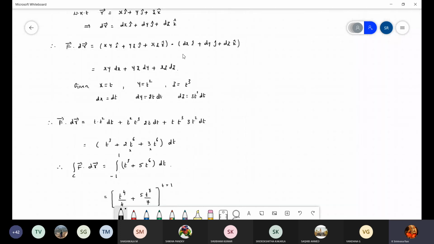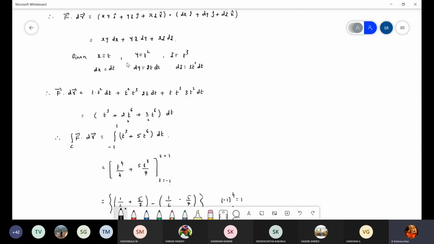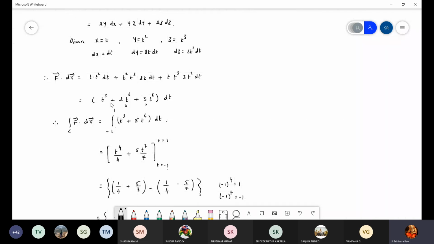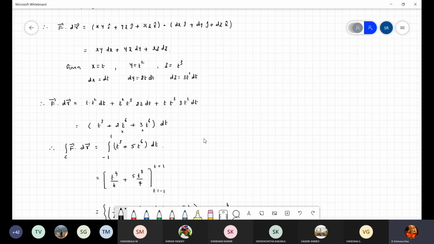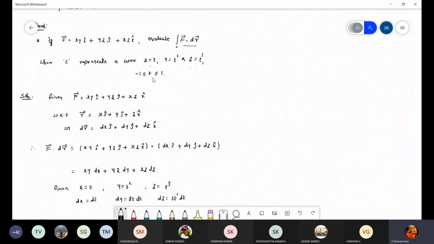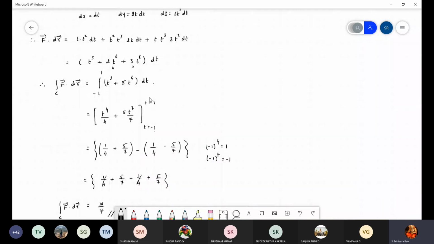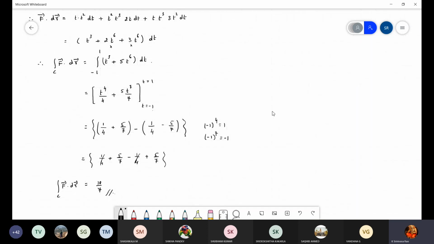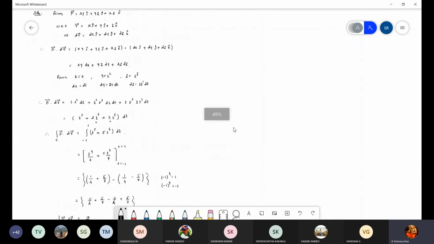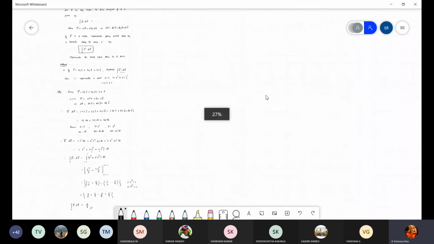Once you calculate the dot product, you will get a scalar, without ijk, and it should be in terms of x, y, z only. Now use the given parametric equation and convert into a single variable, either t, and here they will give the value where t varies from, that is -1 to +1. You have to use that in the integration part. Finally integrate, it is a simple integration, substitute upper limit and lower limit and simplify. I hope you understand, and I'll continue the problems on this.